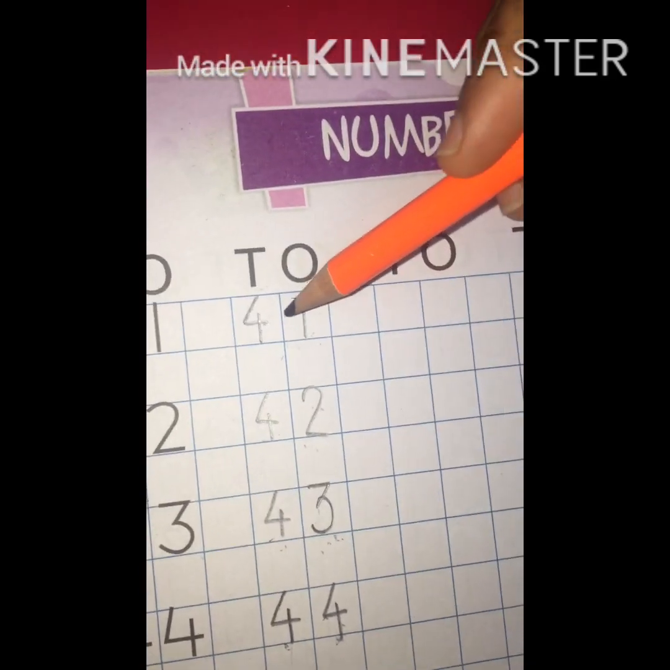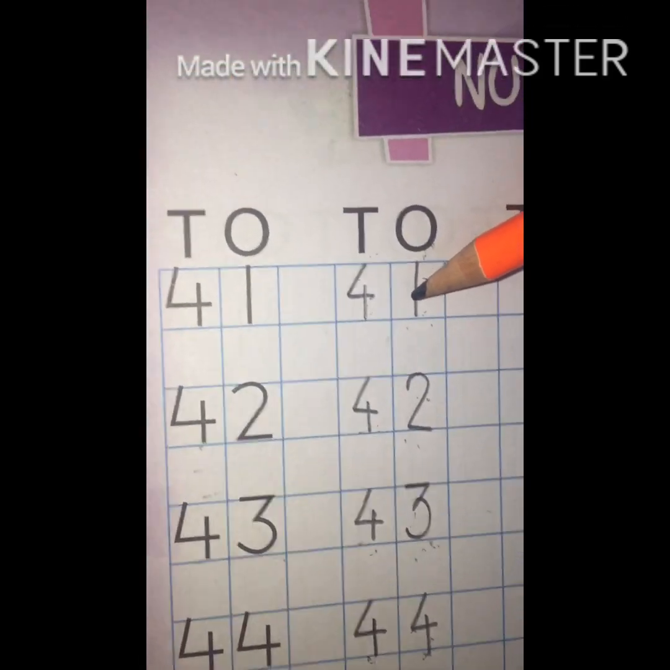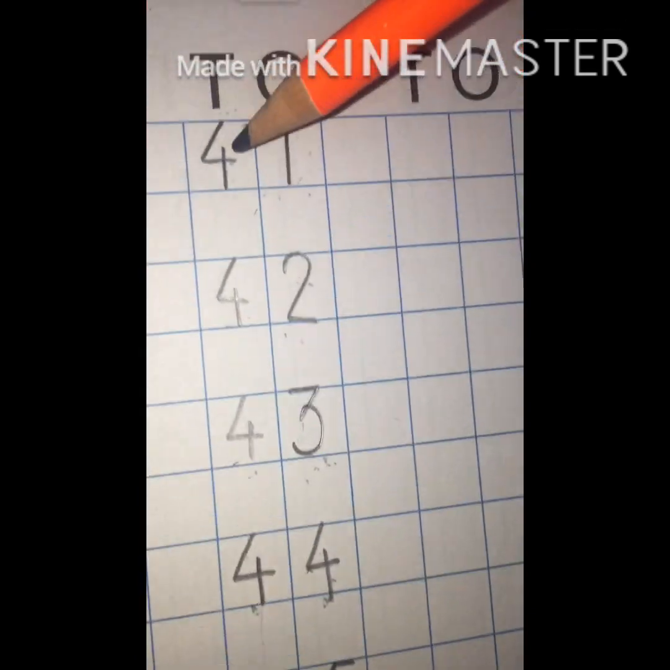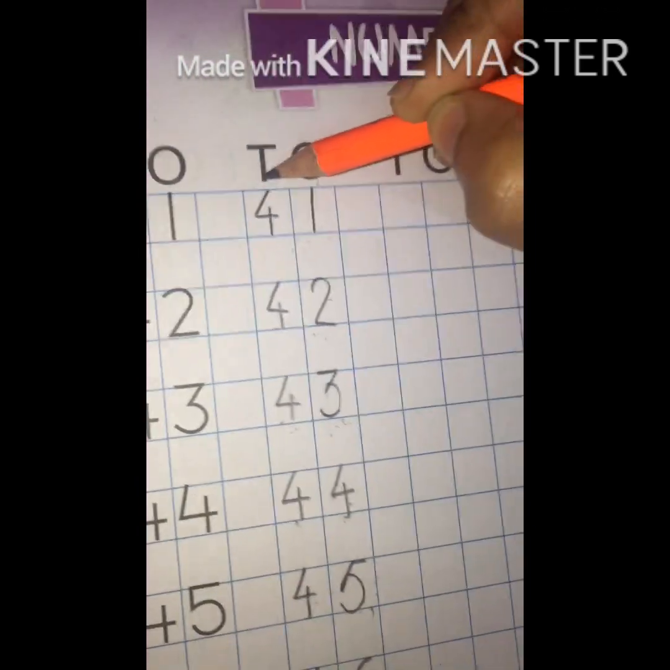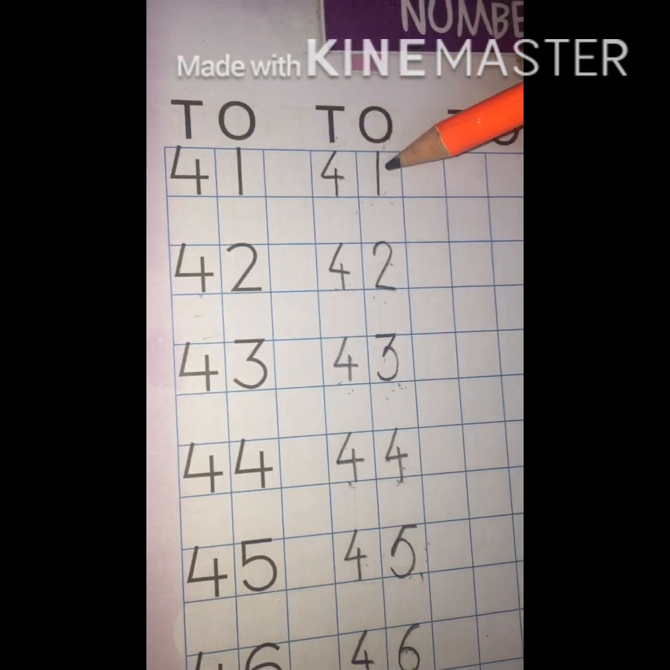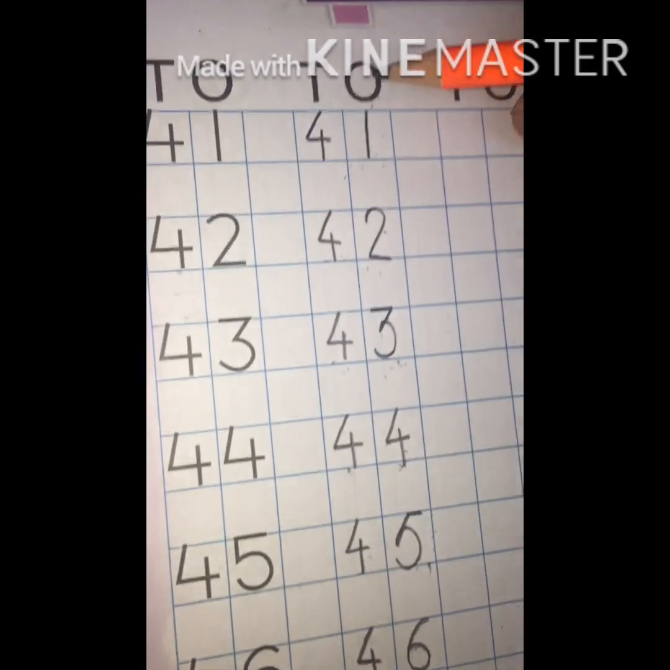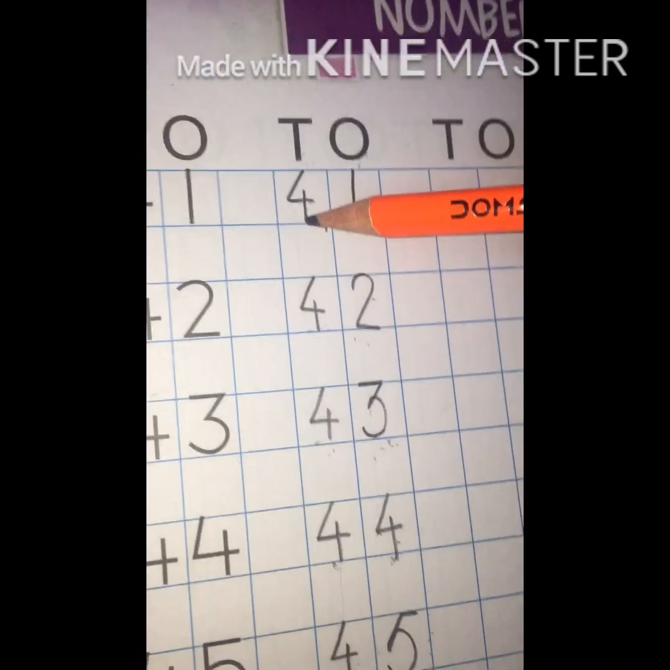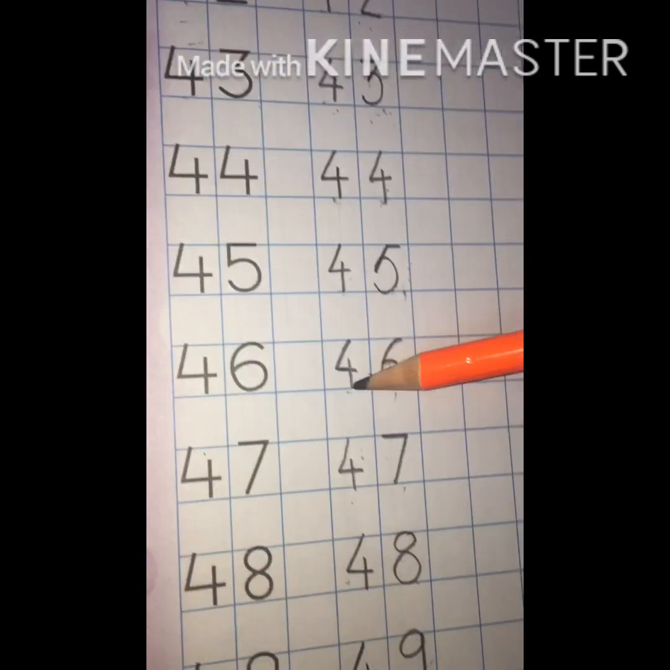41. When we are saying 41, it means we are saying number 40 first, and 40 is related to number 4, that we are to write under T, and 1 is coming at the last, so we are going to write number 1 under O. It will be similar for every number. So let's revise it. 41, 42, 43, 44, 45, 46,